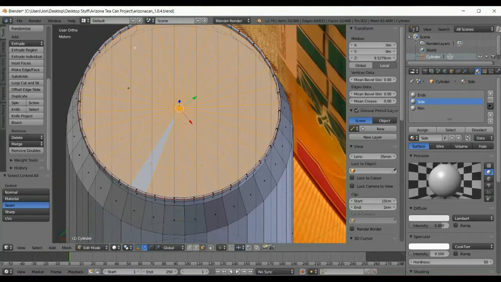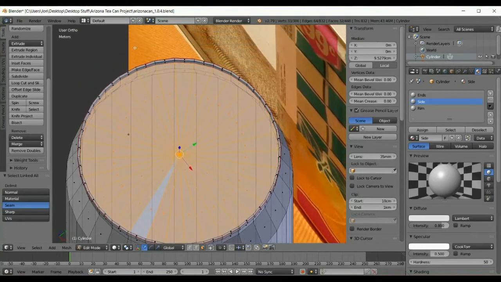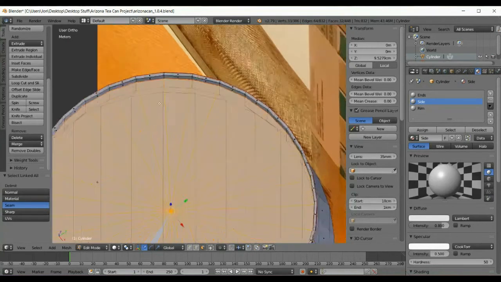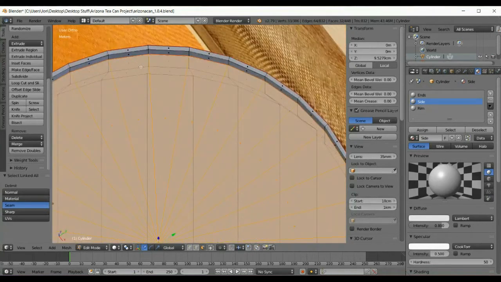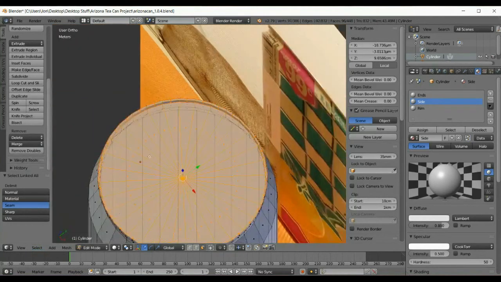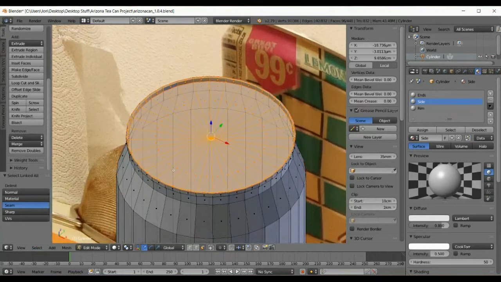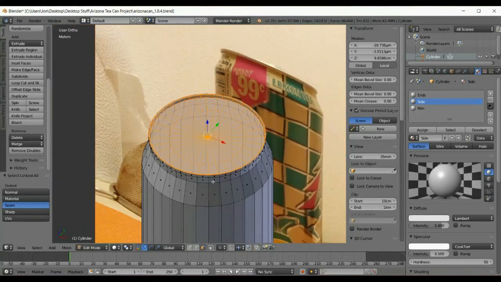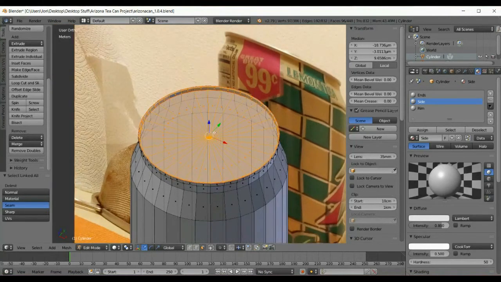Then, incidentally, this will not work with the vertex selection. You have to use the faces. Right click, select linked. Boom, there it is. Basically 1, 2, 3, 4 steps instead of every single vertex being selected within the area I want to be the end face. So you would say, well, what about if